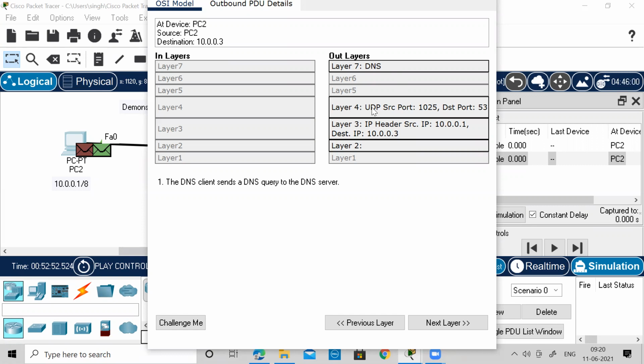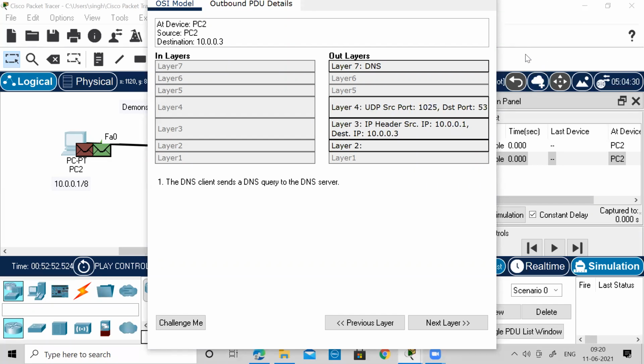Only when TCP is involved with that particular application is the handshake process involved. That means you set up a connection between the sender and the receiver before you actually transmit the data. Before you transmit the data, you are shaking hands and agreeing that you want to communicate. So there is a connection establishment happening before you load your data onto that link. With DNS it is not so. You saw that DNS directly used UDP, so there is no handshake process when you are communicating with the DNS server.